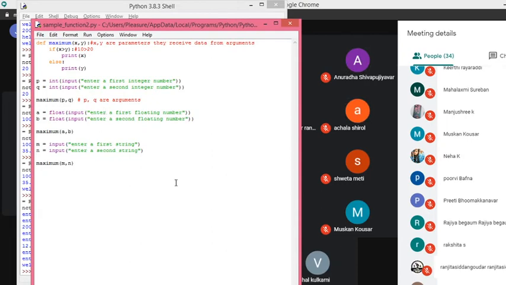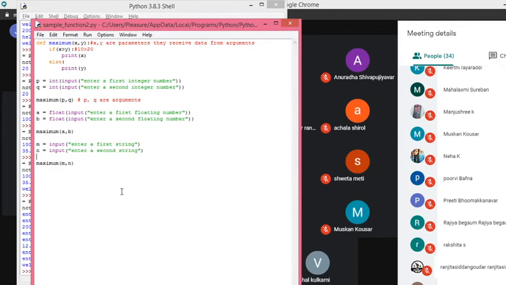Now I have discussed writing functions, then passing arguments and accepting the data from the arguments in the parameters. The third component you need to understand in a function is returning a value, because usually functions are used to do some computations, and after computation they produce some output.